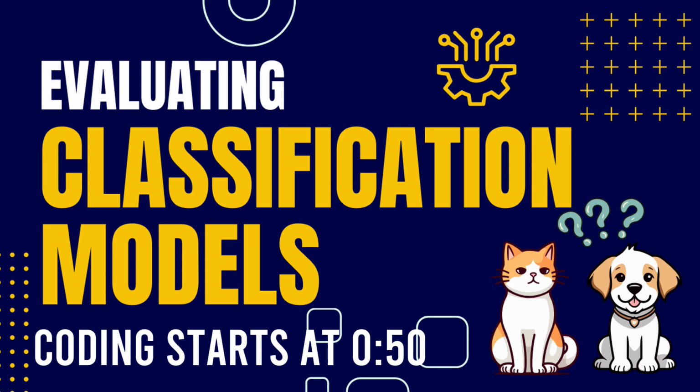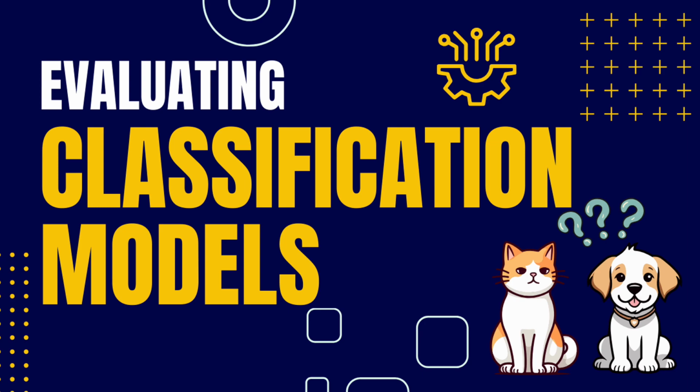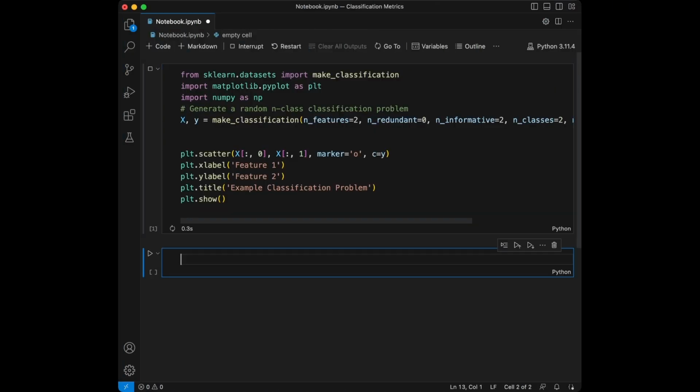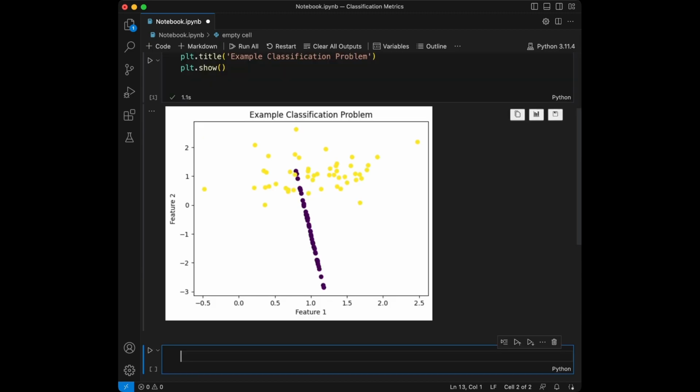Let's get started. Before jumping into the metrics, let's quickly discuss what classification problems are. Essentially, a classification problem is where you have to predict a discrete label or category. Think spam versus non-spam emails. The output is a category, such as spam or not spam, as opposed to a continuous value. Let's see a classification problem example here. The code here generates a simple two-dimensional classification problem using scikit-learn. You will see points scattered on a plane colored according to their classes. As we go through this video, we will be referring back to this sort of example to explore how metrics